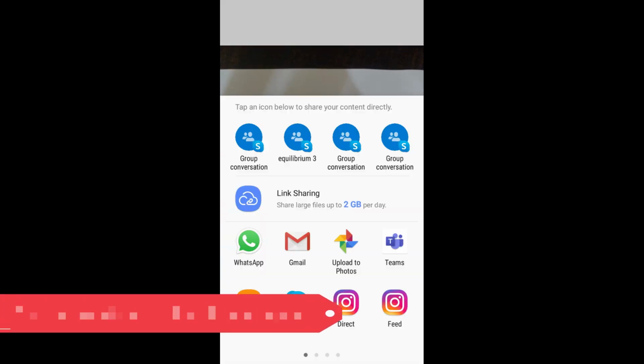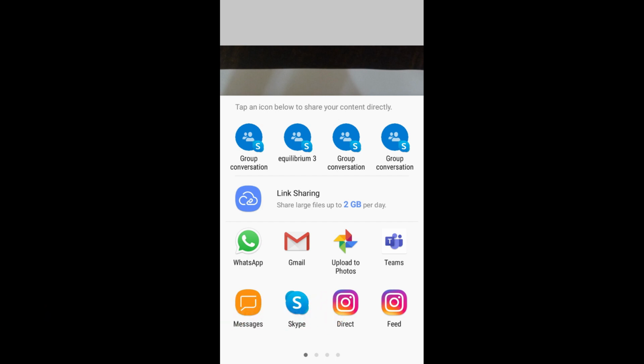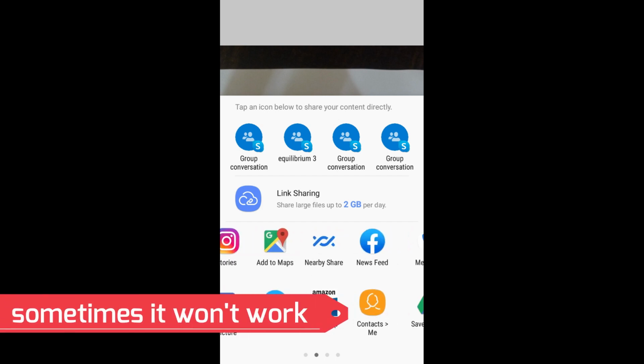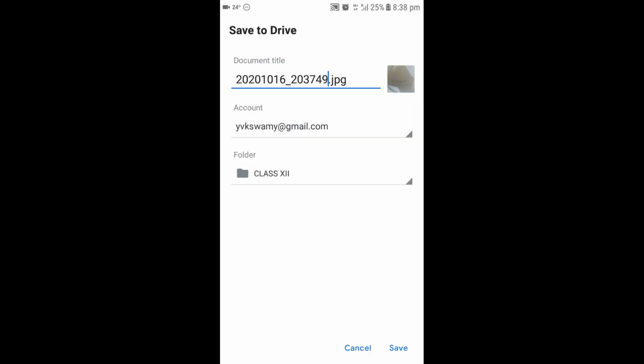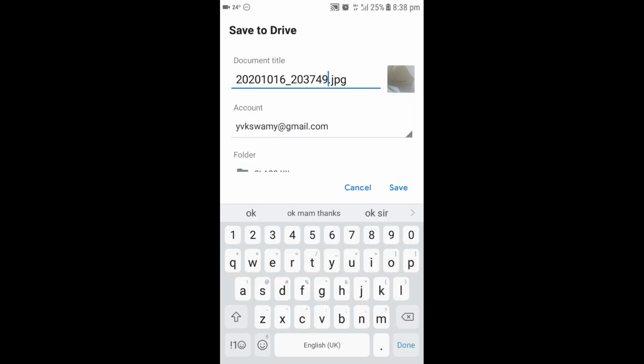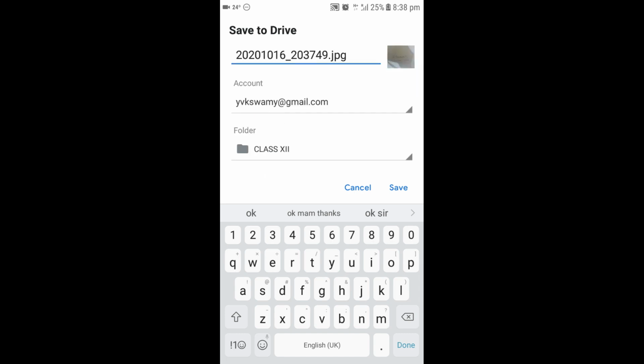If the image is clear, then what you have to do is upload this photograph into your Google Drive, and then you can insert that into the Google form. So now let us upload this photograph into your Google Drive. So save to drive. Okay, so you upload the photograph first into the Google Drive and then select the photograph from the Google Drive and insert that Google Drive photograph into the Google form.